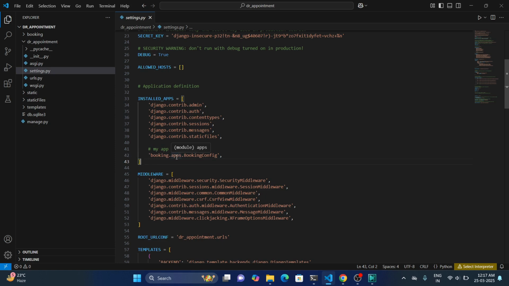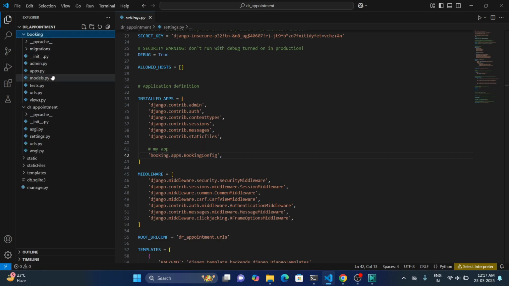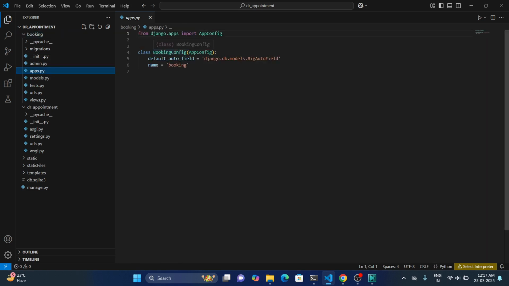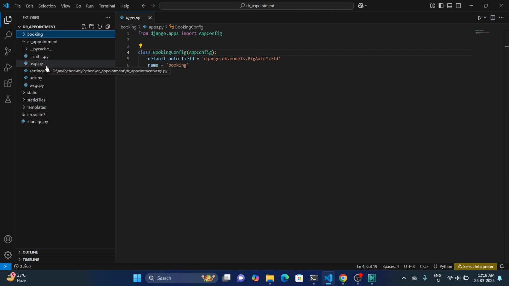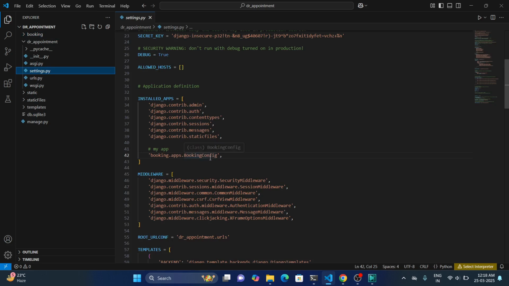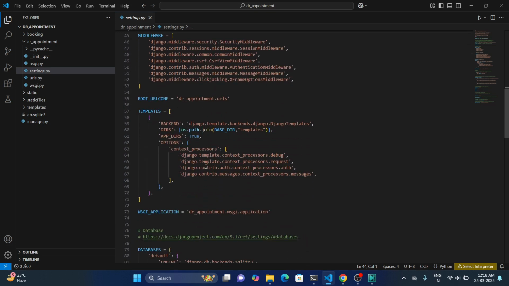So I am writing the app name here, and then within the app we have one file, apps.py. That's why I am writing here apps dot booking config, since within apps.py I have one class, BookingConfig. In this class I return the name. After this configuration, next we have